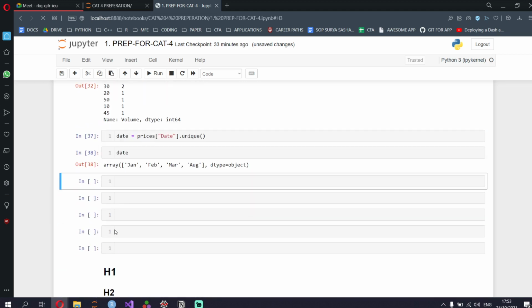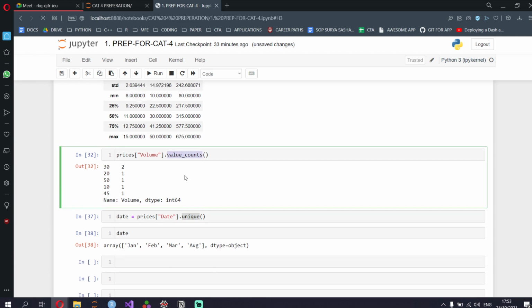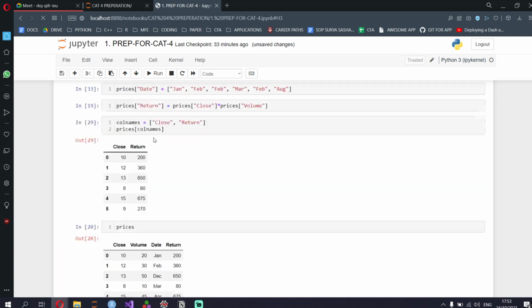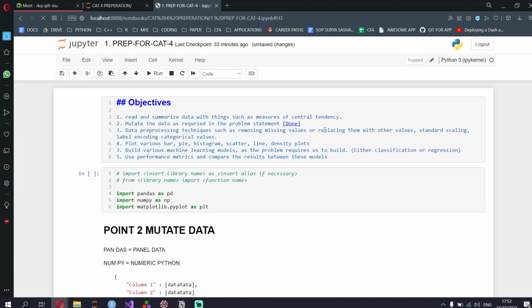So yeah, this is with respect to getting unique values, getting the value underscore counts, and describing data. Okay, so we're done with this. We're done with summarizing data. Done. And I'll clean up the entire notebook and send it so that you guys can access it later with all of these named nicely.